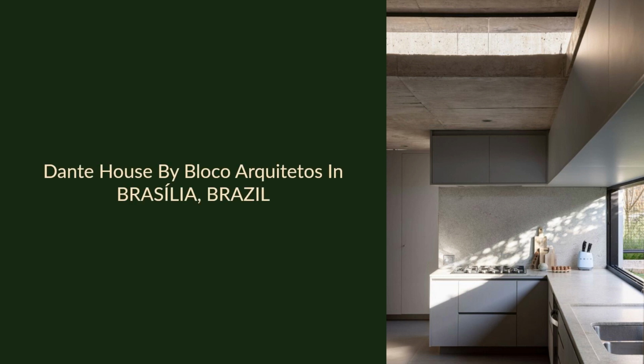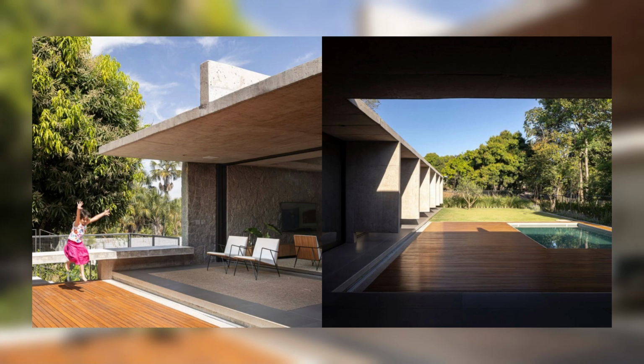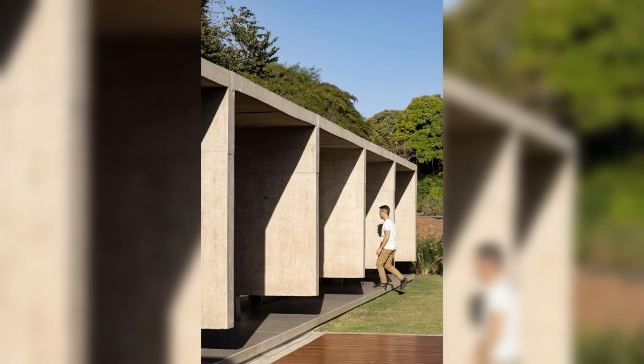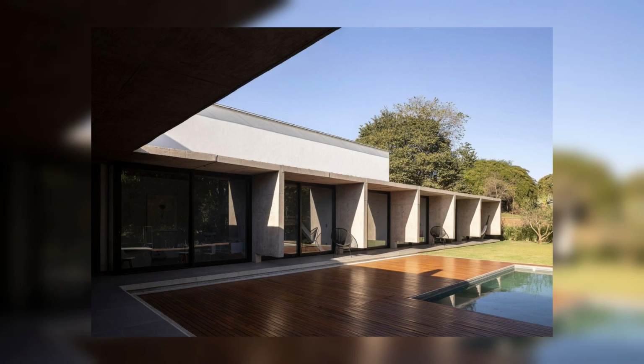Dante House by Bloco Arquitetos in Brasília, Brazil. The Casa Dante program is organized in an L-shaped floor plan. While its internal facades, bedrooms and living room, are mostly transparent, the facades facing the lot perimeter and the street